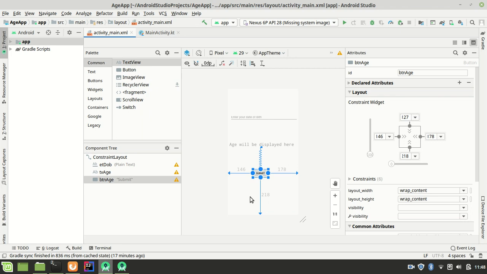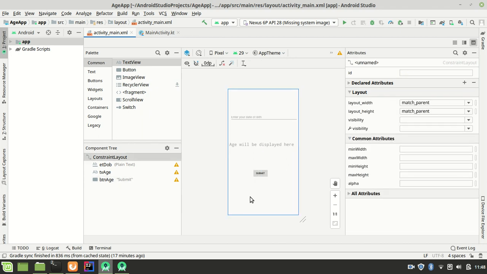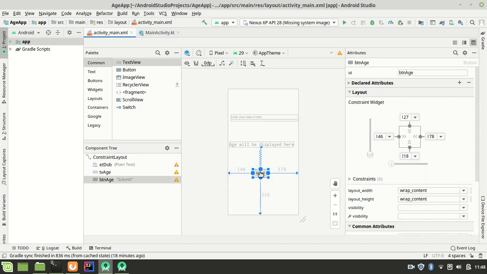Hello and welcome back. We are now going to do our back end. That is, we are trying to connect this with the back end. We had done some Kotlin before, so we want to see how we can utilize that in our main activity dot Kotlin. So when this button is clicked, we want